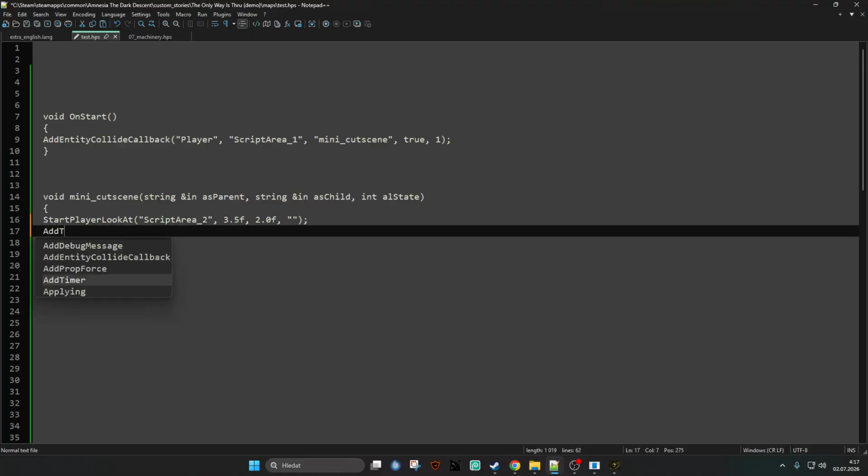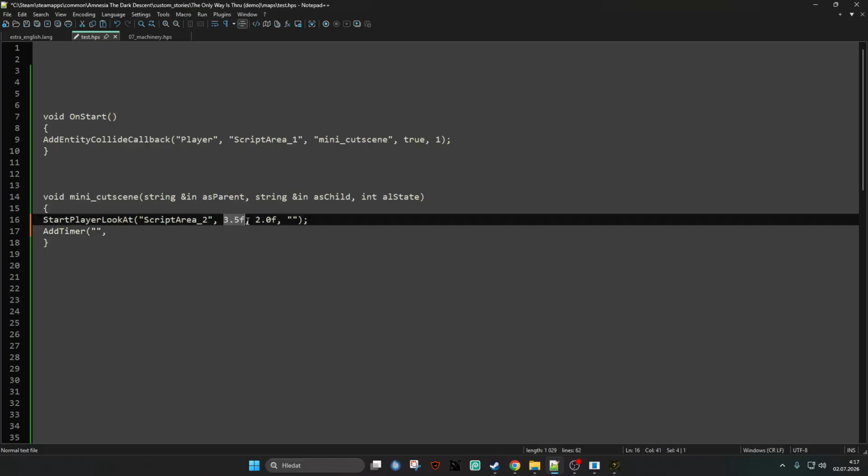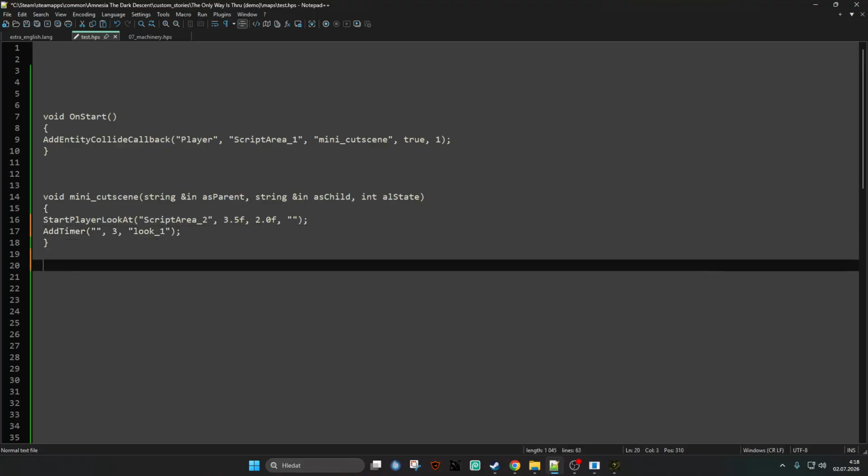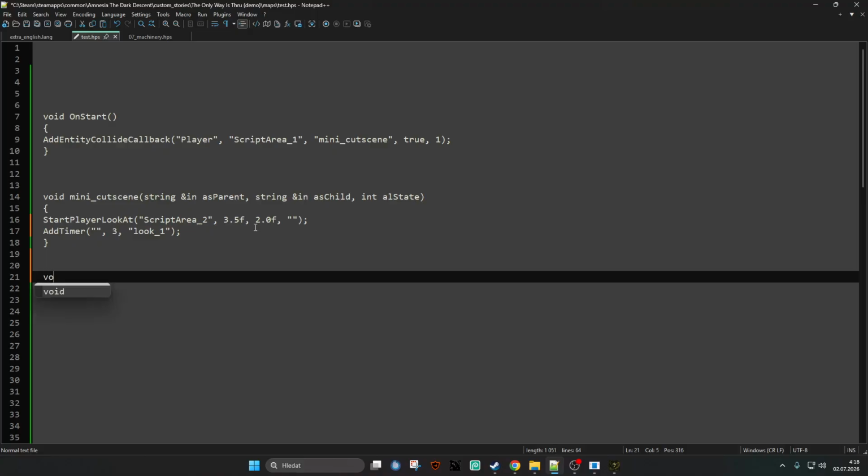Then we want to do a timer. So AddTimer. Gonna leave those quotes open. You can name it, but you don't need to. You're gonna add the timer for how long it's gonna be. So basically 3.5 seconds, so I guess we can do, I don't know, 3 seconds. We're gonna aim this timer. Let's name it look1. Now we're gonna do a function look1, string as in asTimer,